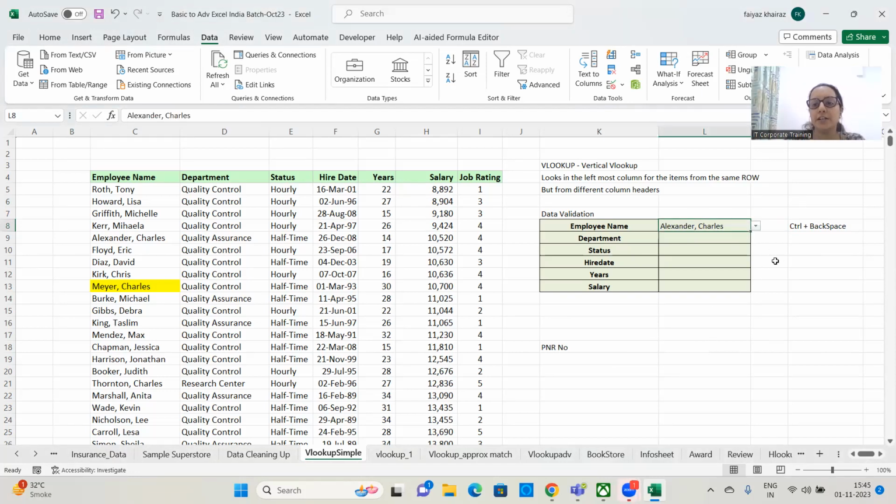There are two ways of clearing validation. If you take an empty cell, you copy it and paste it where you've done validation, the rules of validation will get erased or your drop down will get removed, and this cell will no longer be a cell with a validation or with a drop down. The other way of clearing it is